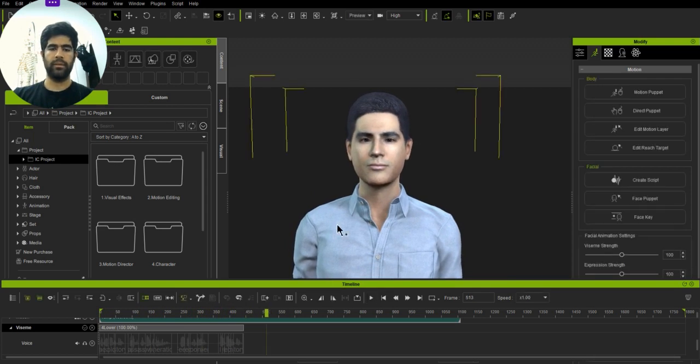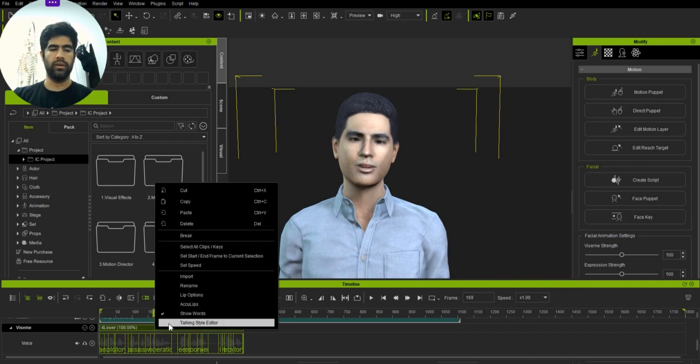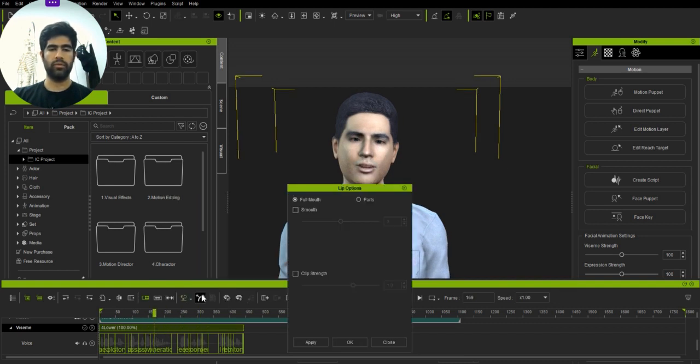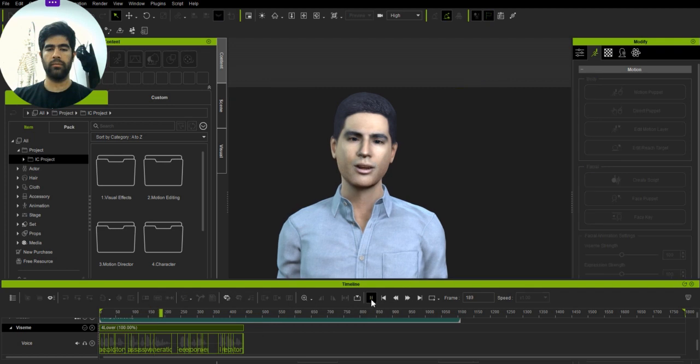Okay, you can see that the lip is moving based on the audio, and there are various customizations you can do with the Oculip. One of them is that if you right click on the voice and select the options, there are a couple of options that you can choose. For example, here you can select smooth, and there are different levels, and if you increase it to the maximum and then apply, okay, and then play it one more time,